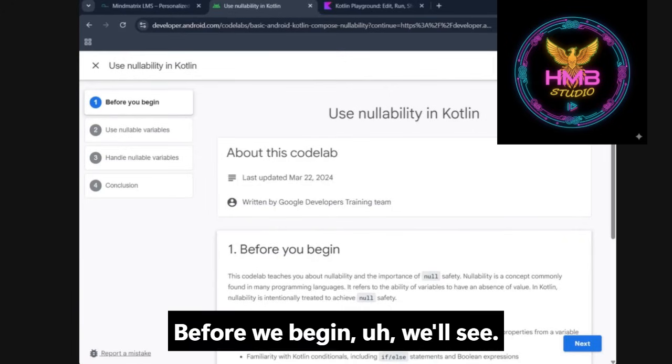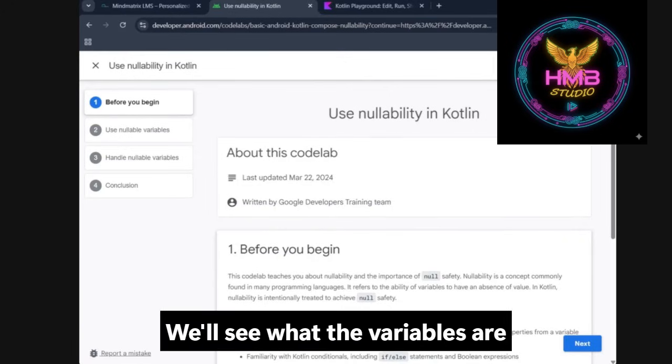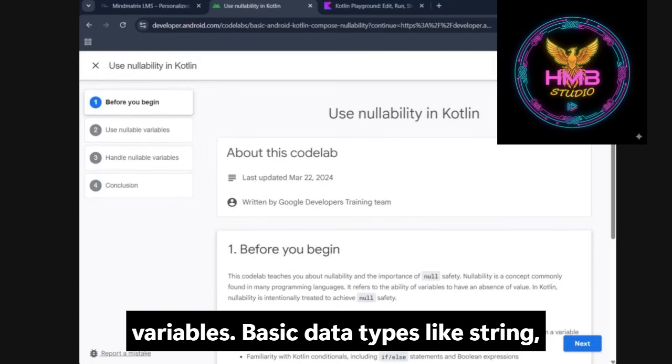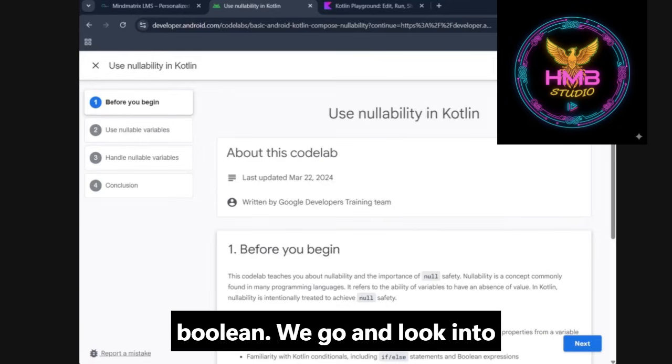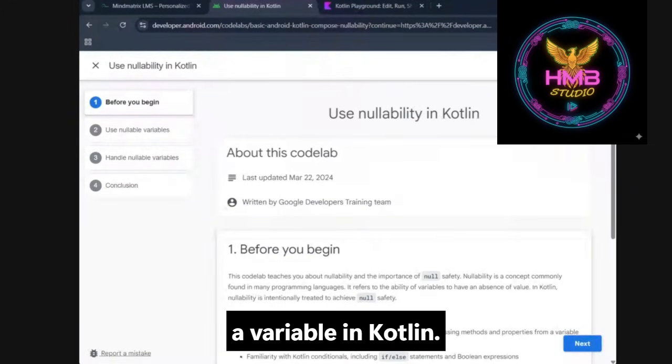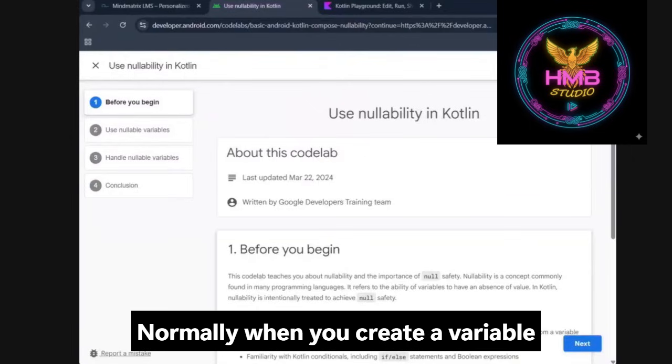Before we begin, we'll see what variables are and what values are assigned to variables, and basic data types like String, Int, Boolean. We'll look into these parts. Normally, when you create a variable in Kotlin,